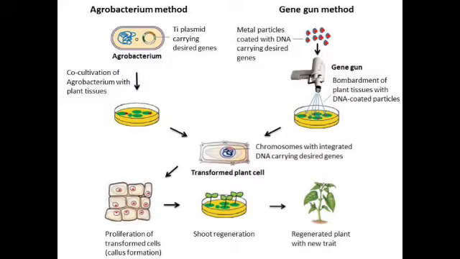There are two kinds of gene transfer methods in plants. Based upon the delivery of the gene of interest into the host cell, two methods are used in plants. One is direct or vectorless gene transfer. The other is indirect or vector mediated gene transfer. These are the two types of gene transfer involved in the transfer of recombinant DNA into the host cell.